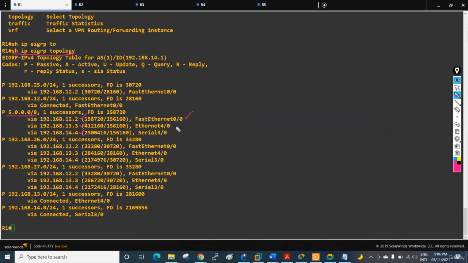But they have different costs because we are using Fast Ethernet, Ethernet, and serial. If we are using Fast Ethernet for all 3, they will automatically come inside the routing table because they have equal cost. But they have different costs here. That's why the Ethernet and serial routes will not come. If you want to bring, for example, the Ethernet,